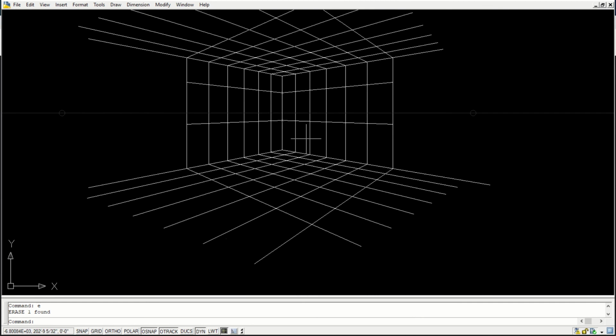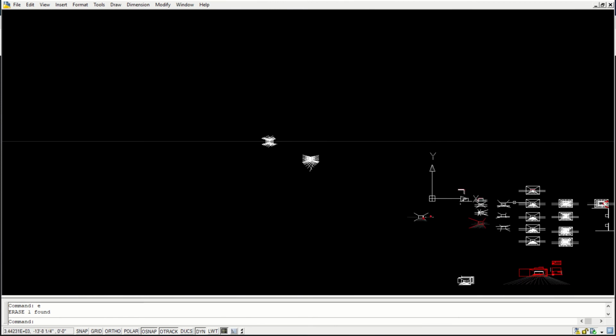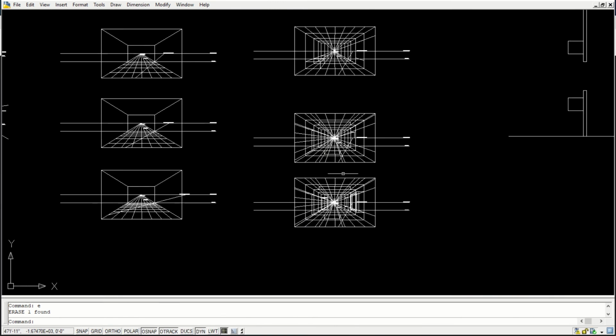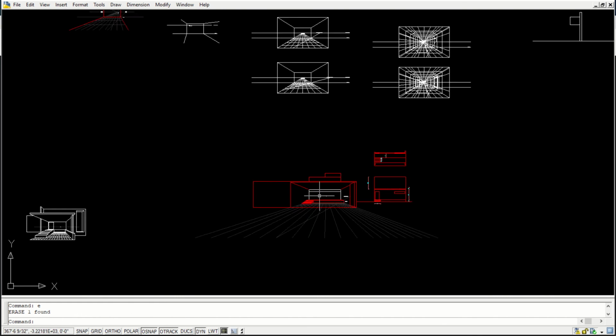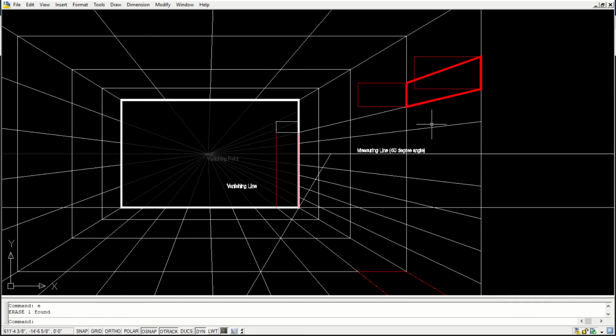The same method can be used for interiors, exteriors, whatever you want to do. After that, the same logic applies. You just have to make objects within that grid, like we tried to do in the one point perspective. So this grid is the crux.